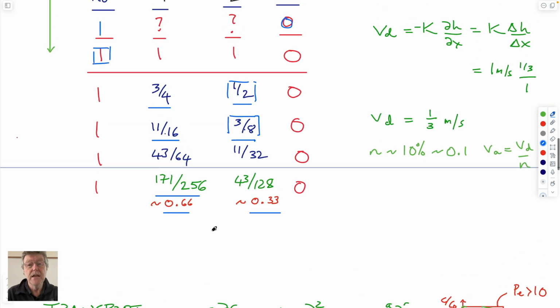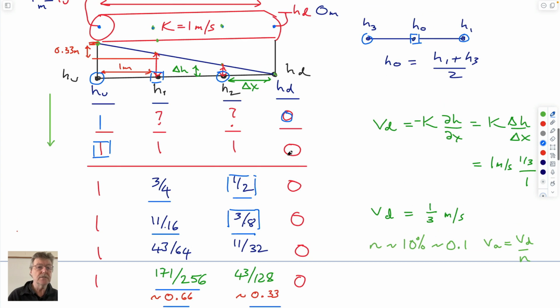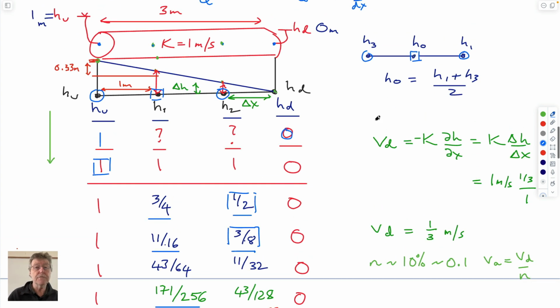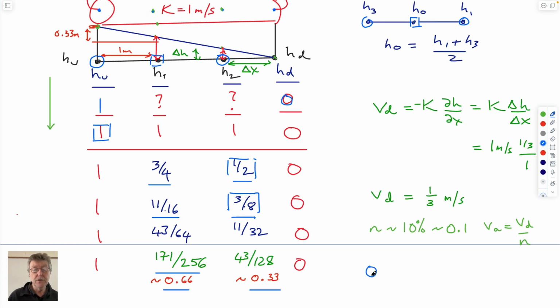Simple problem. And now, if you know what the values of these head gradients are, you know that delta H over delta X is 1/3 over a length of a meter. Therefore, the head gradient is 0.33 over 1, multiplied by whatever the hydraulic conductivity is. Then the Darcy velocity is equal to 1/3. And if you wanted to know what the volumetric flow through this would be, you can calculate it from Q